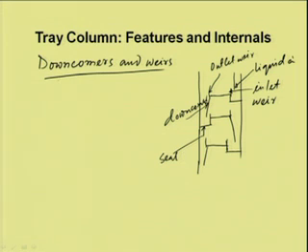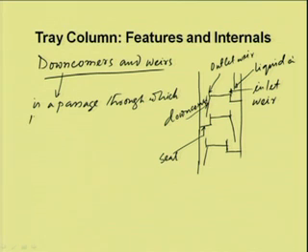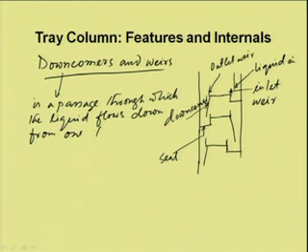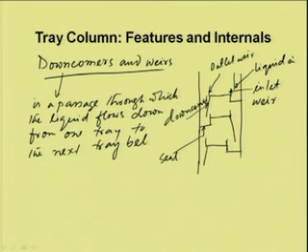So, downcomer basically is a passage through which the liquid flows down from one tray to the next tray. Below,